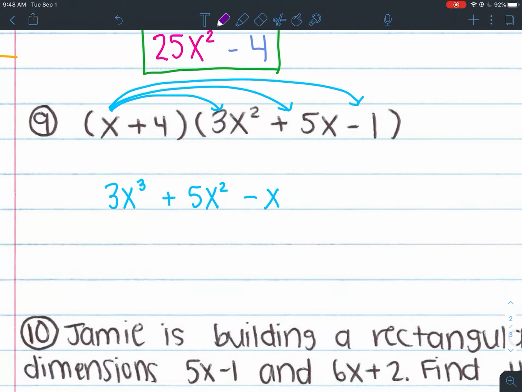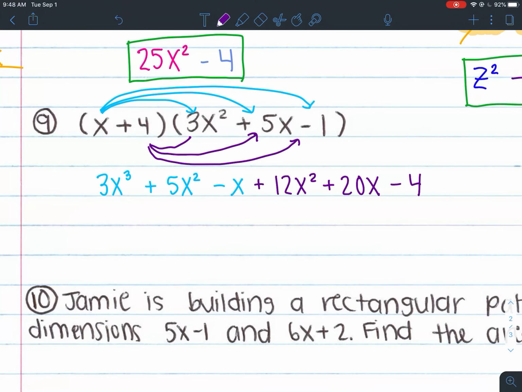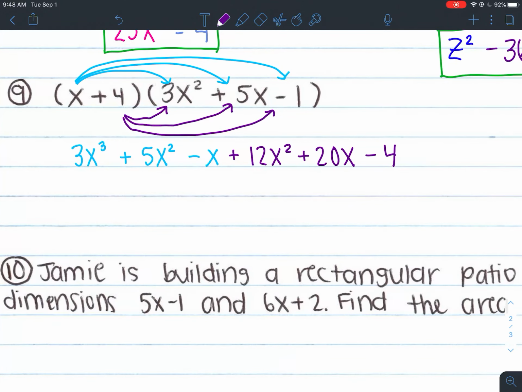So now we're going to do the same thing with the 4. 4 times 3x squared is going to be positive 12x squared. 4 times 5x is going to be positive 20x. And then 4 times negative 1 is going to be negative 4. There we go. Now there's way more terms this time, but you always want to start with